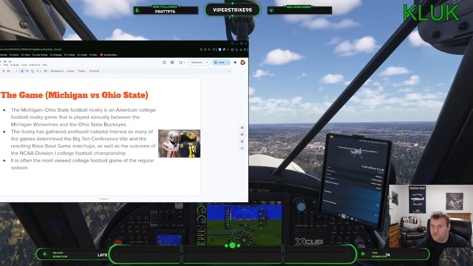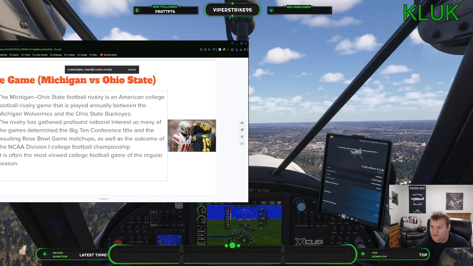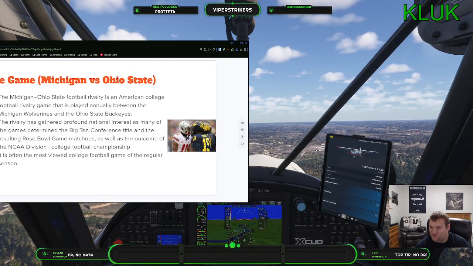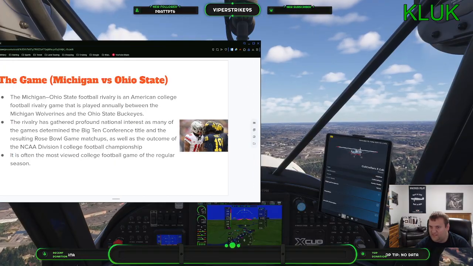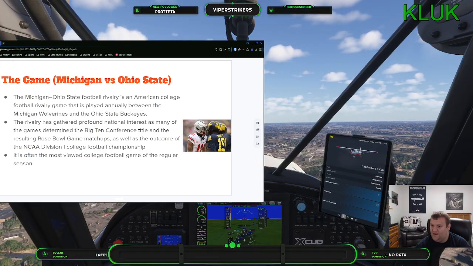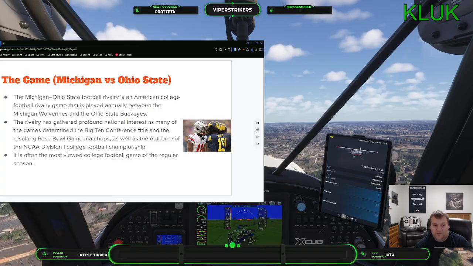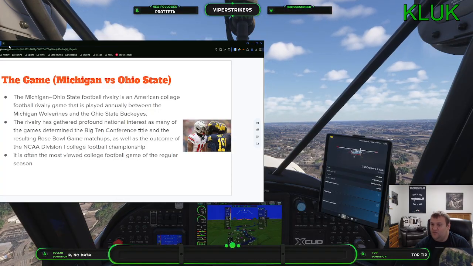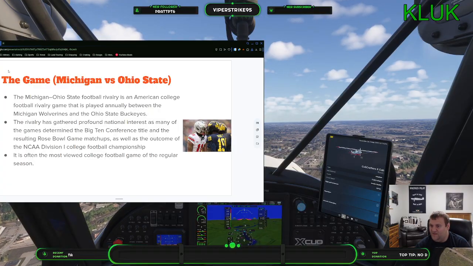Ohio State versus Michigan. This is the biggest game on the college football schedule, if not one of the biggest games of the regular season. Where do I even begin with this rivalry? It is the single biggest college football rivalry on the calendar.